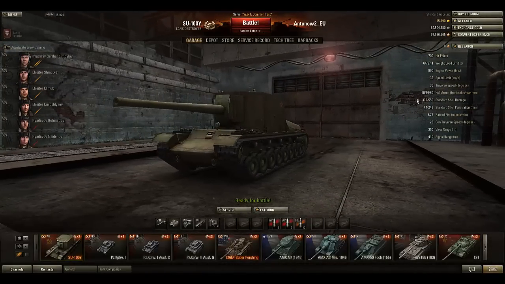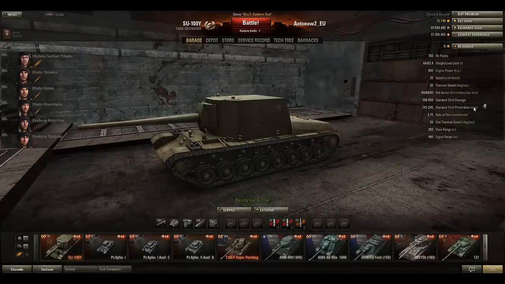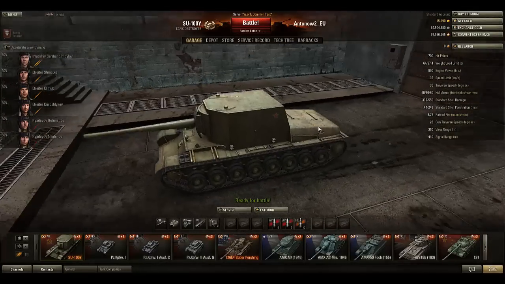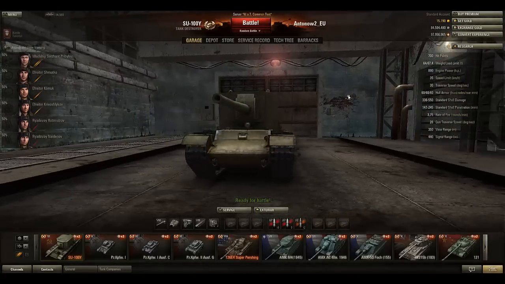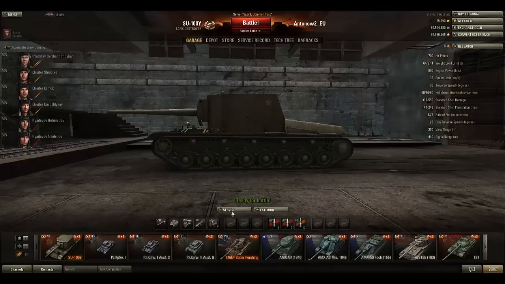Its shell damage is 500 up to 550. This is the alpha damage of an average tier 10 heavy tank, and this is a tier 6 tank. And the reload time, considering the alpha damage, isn't all that bad. But 60 frontal armor, 60 hull armor, that's nothing. So yeah,